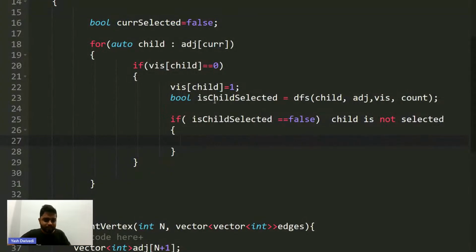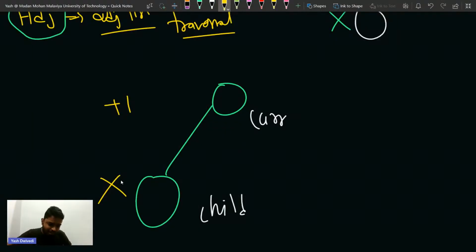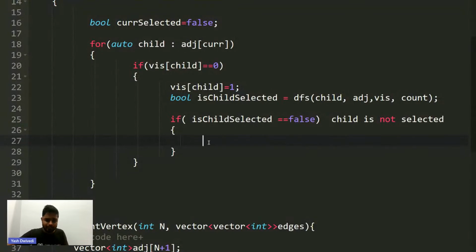So that is what I'm getting in return. This DFS call that I'm doing for the child is returning whether my child is selected or not, okay. So it is returning me true or false. If is child selected is equal to false, if my child is not selected, in that case I have to choose myself, because for these two nodes, in order to highlight this edge up, I have to choose either of the nodes. So if the child is not chosen, then I have to select this current node, right? Makes sense, everyone? In that case, I'll say that, okay, current selected,